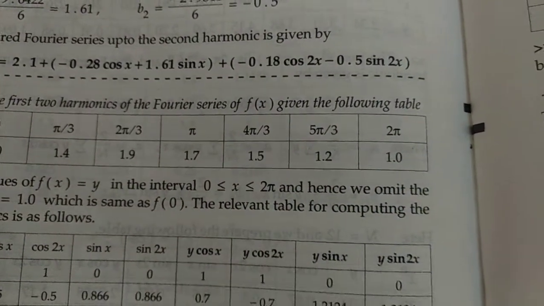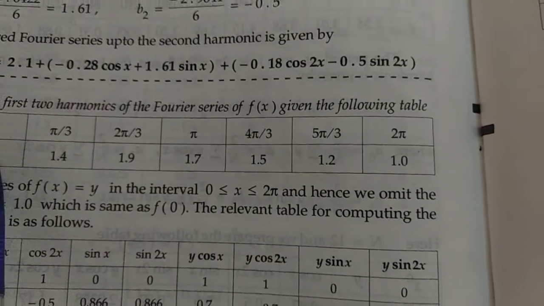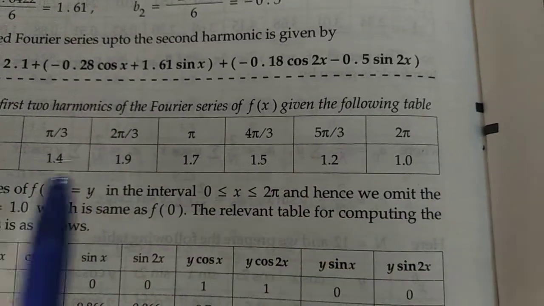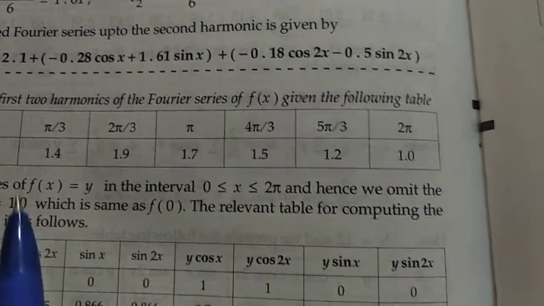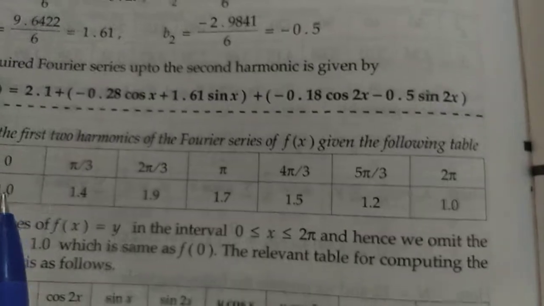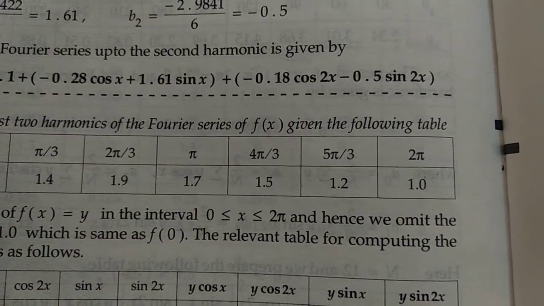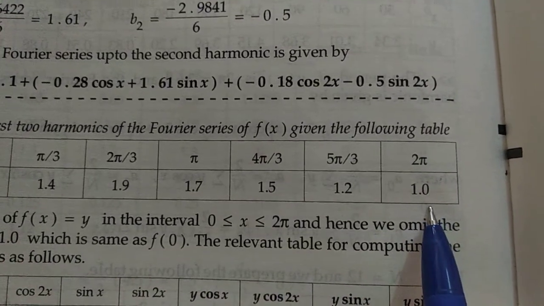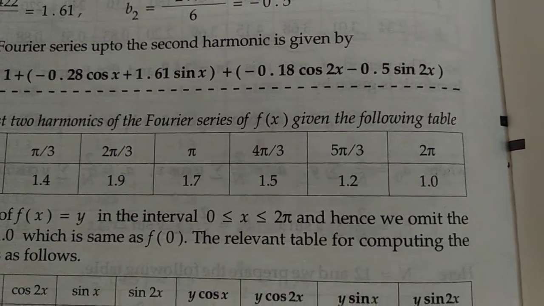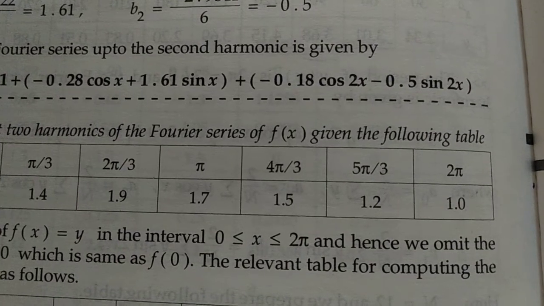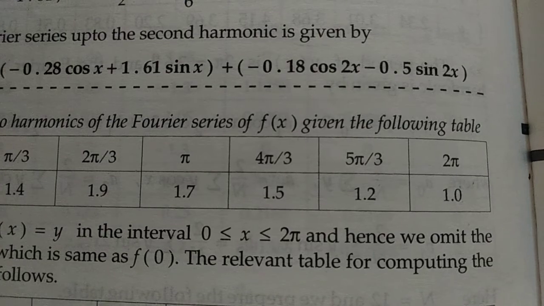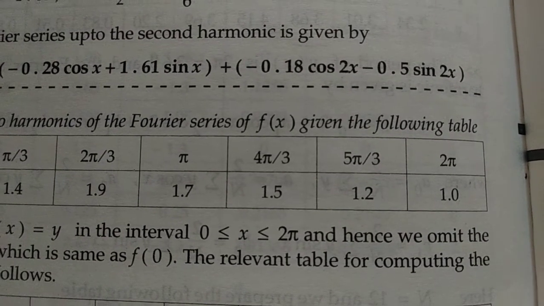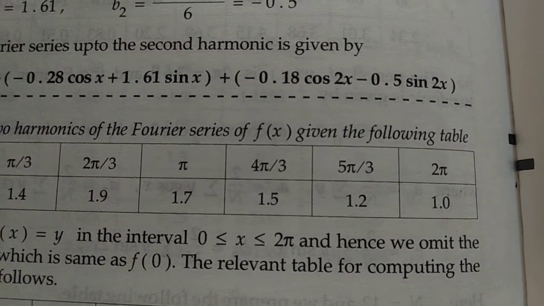Now you have to see here x is 0 degrees to 360 degrees. So the first value and last value are the same. The first value and last value being the same means you can leave out either one, 0 degrees or 360 degrees, because the y value is the same, 1 and here also 1. So for 0 to 360 degrees, we can neglect either the first one or the last one. But in the previous problem, the starting was 15 degrees and the ending was 315 degrees, so that's why you have to take all the values.